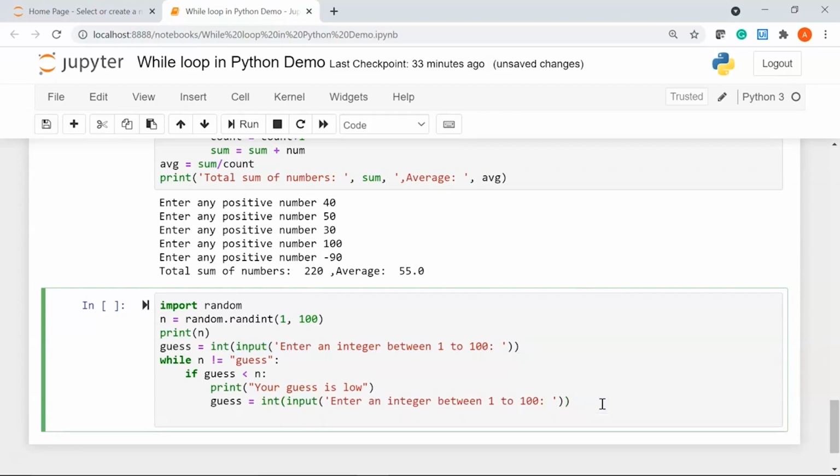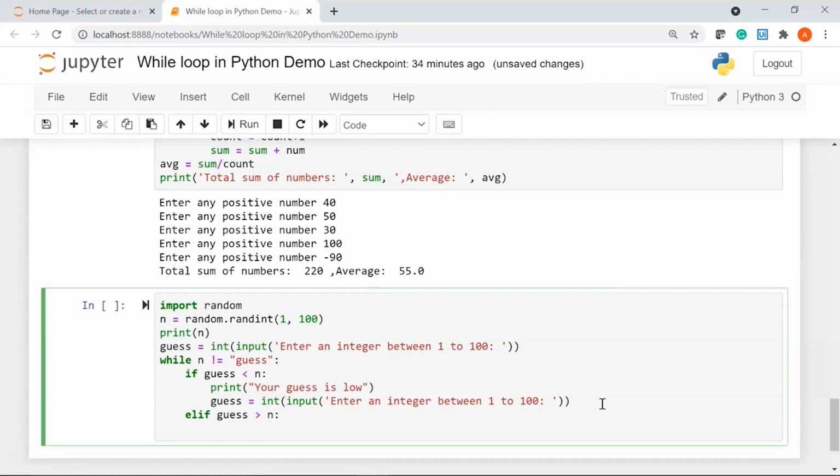Now I'll say elif, if my guess is more than my random integer, I'll just copy this, we are going to print your guess is, let's say, high.